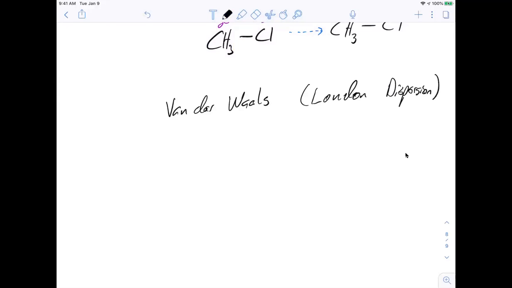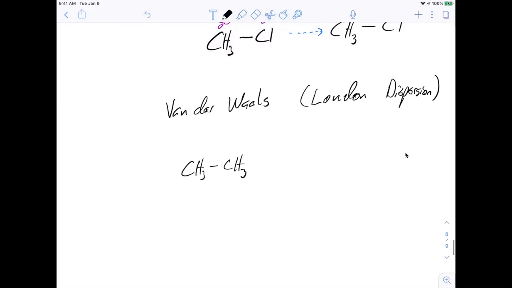And this is an interesting history. Van der Waals and London dispersion were both really discovered at about the same time, but they were discovered during a war. So one group called it one thing and one group called it the other, and we still have both names. What these are, right, is